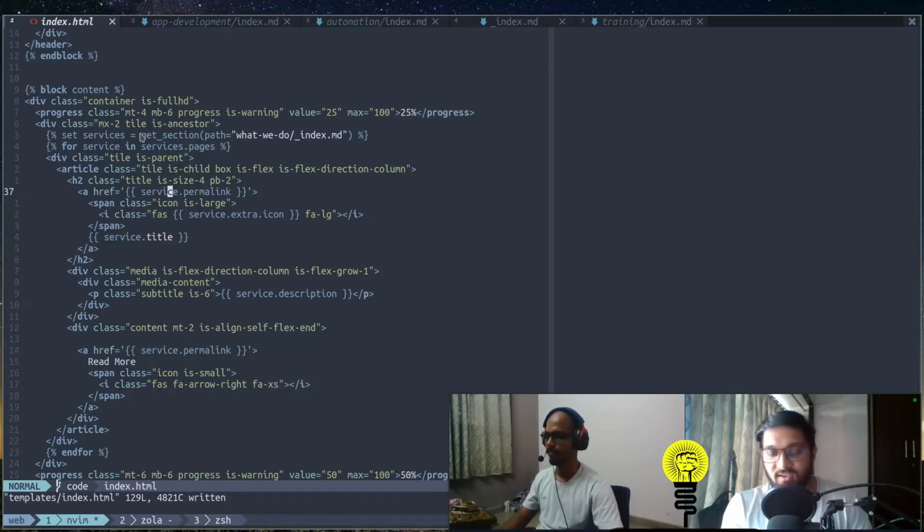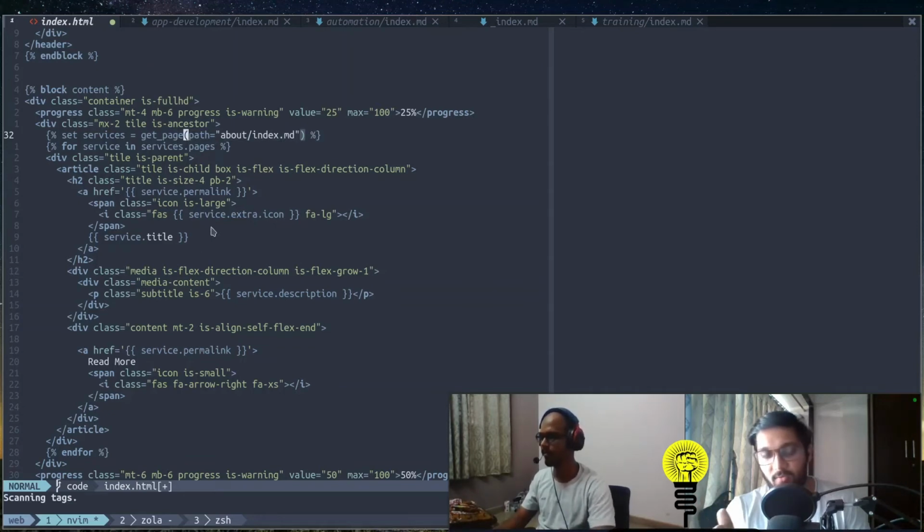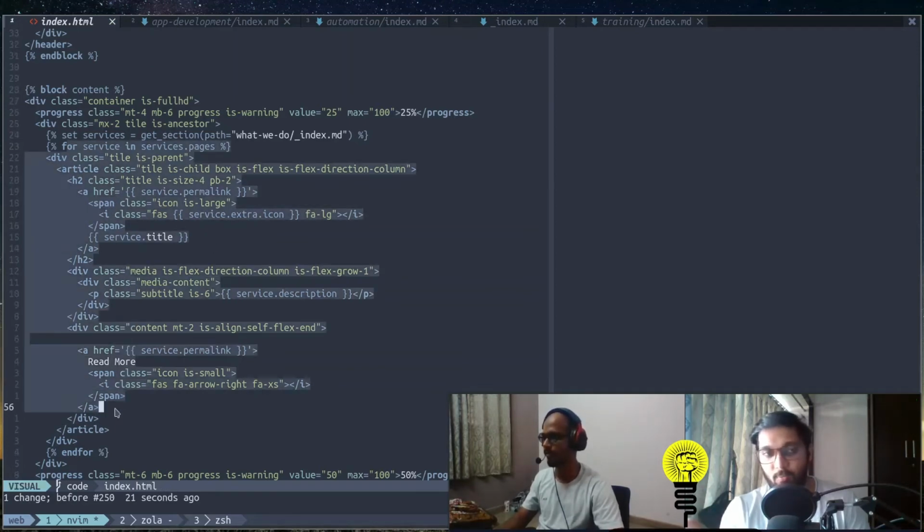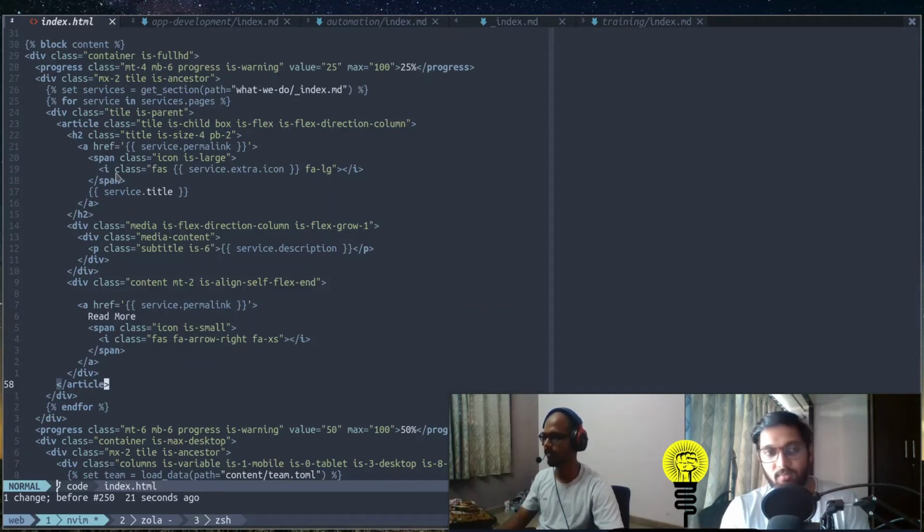You can get a section page just how we did by using get_section. Similarly, if we wanted just the data from our about page, which is not a section but a normal page, we could have used get_page instead of get_section. Get_page enables us to get a single page, get_section enables us to get the entire section, and then we can use it however we want. If it's a page, we can directly use the variables, we don't need to loop it. If it's a section and we want the single pages inside it, we can loop it, or do whatever we want by getting the pages.